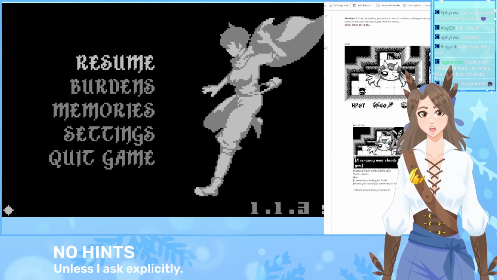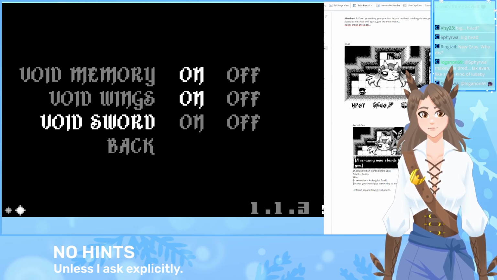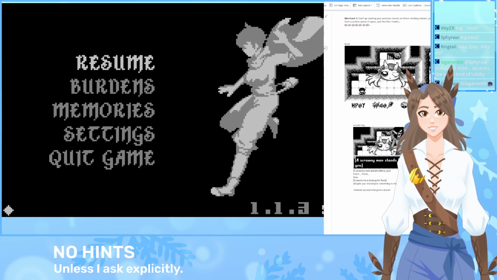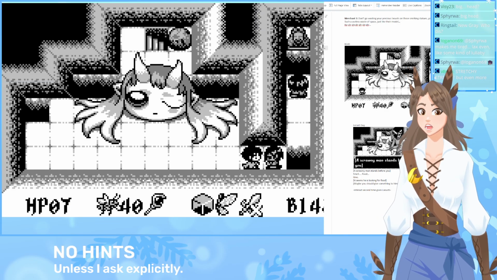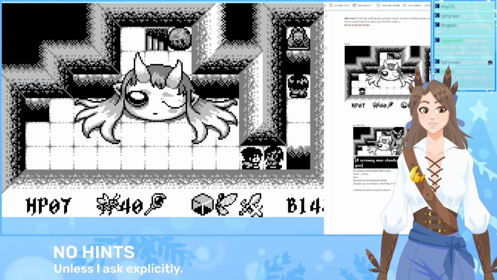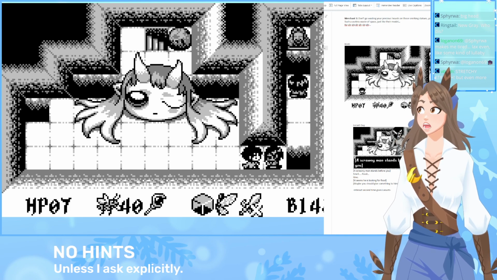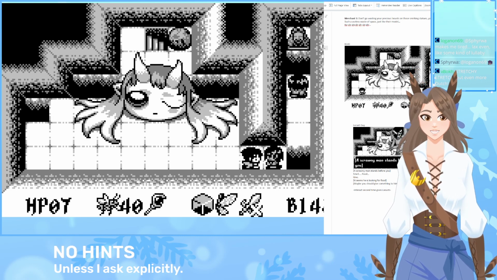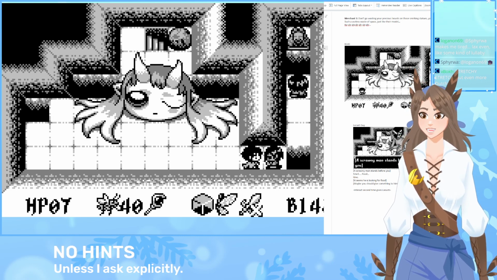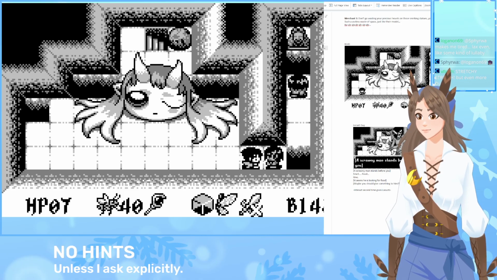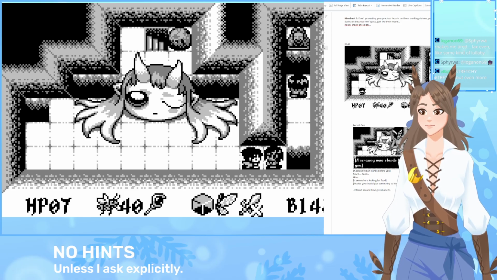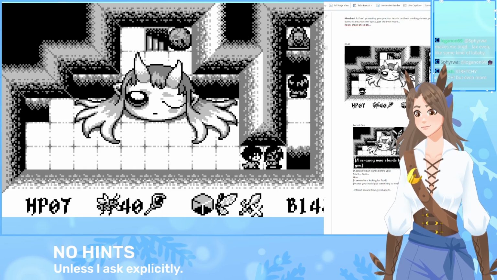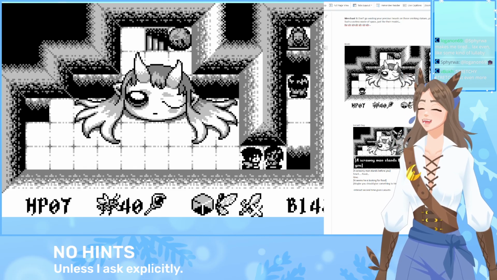I'm gonna turn off my sword. See if she tells me something else. Last time I also ran into this head when I had a sword, so I was like, okay, I guess we can only get rid of the head if we have a sword, but